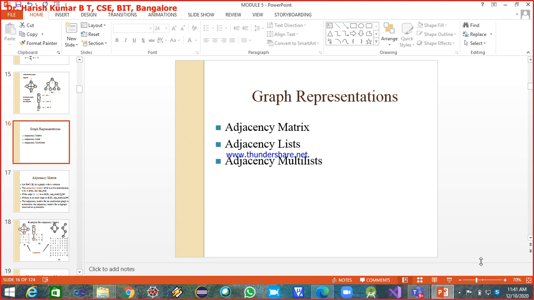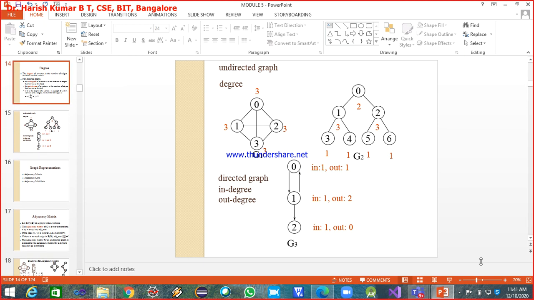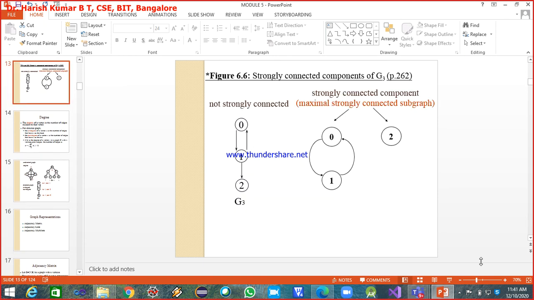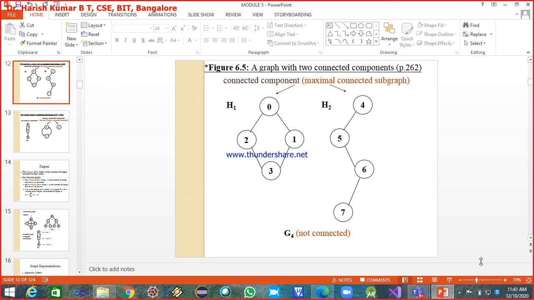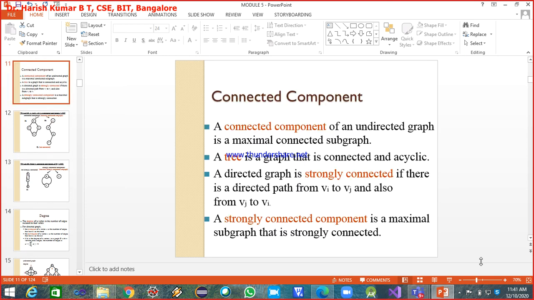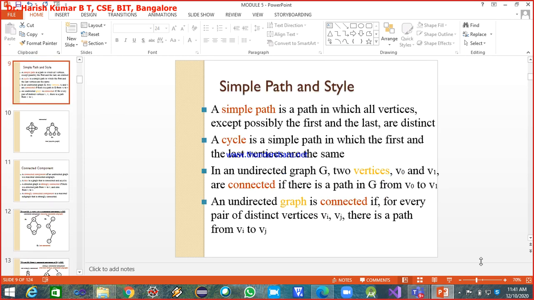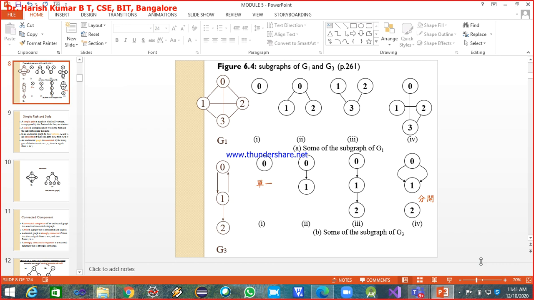And then you understood what a connected graph is, the degrees of the nodes, what a strongly connected component is, and a disconnected graph, and then what a simple path is and what a cycle is. Okay, all these things you understood.